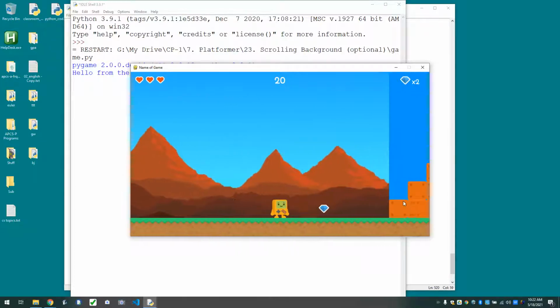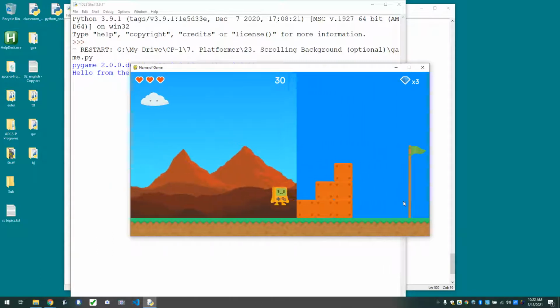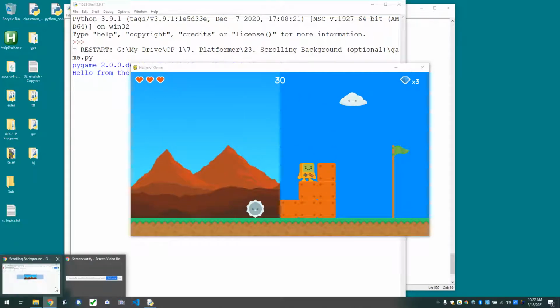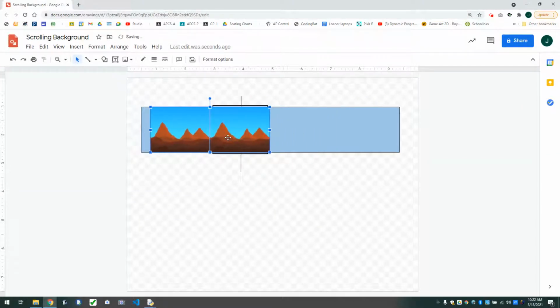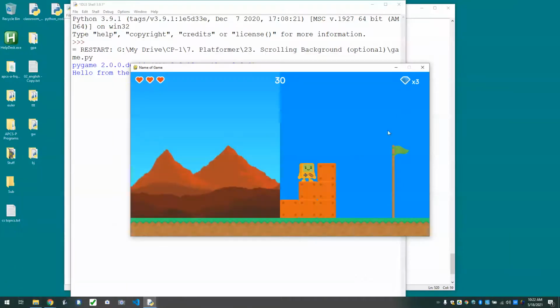All right. And okay, so that worked reasonably well. It got me to the end of the second image. All right, so now the part that we have to do, right? So now we've made it scroll to here, but it went like that. And so what we've got to do is, right when it gets to here, we have to get it to snap back, right? So,